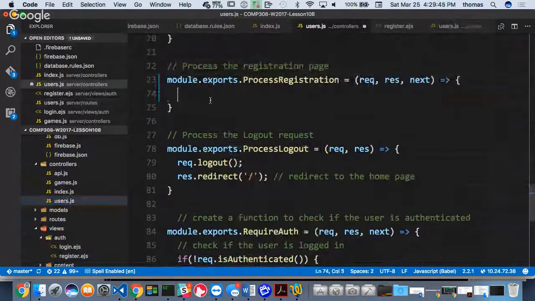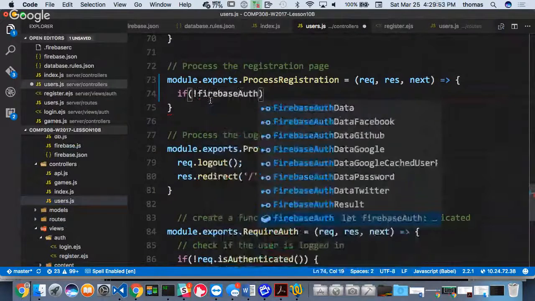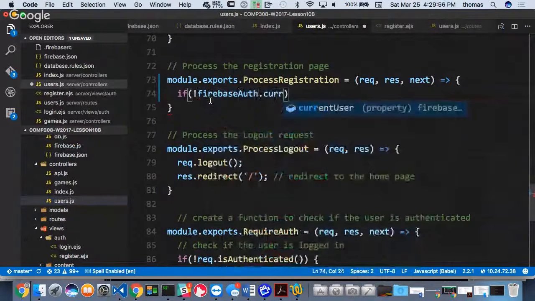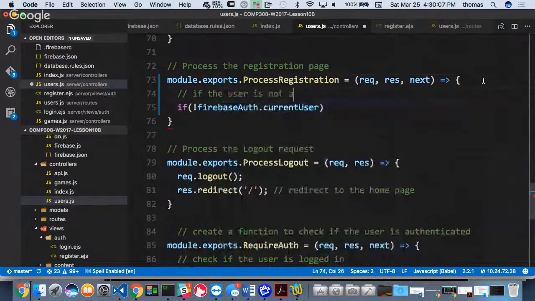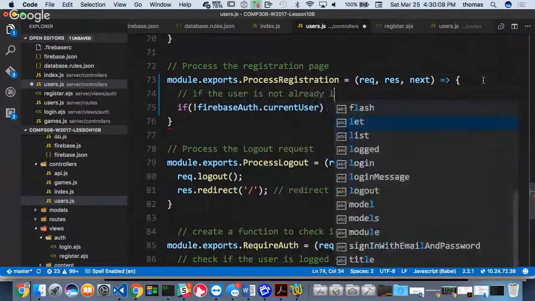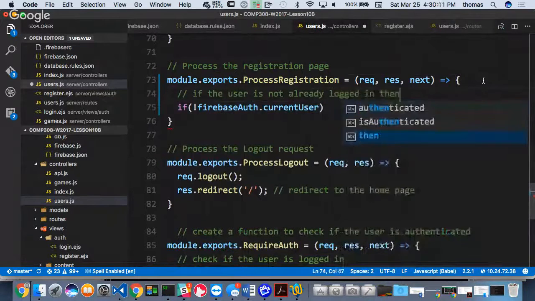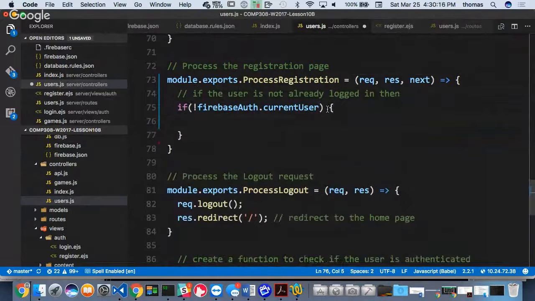Here's how we go. If not auth current user. So basically this checks to see if I'm not already logged in. If the user is not already logged in, then